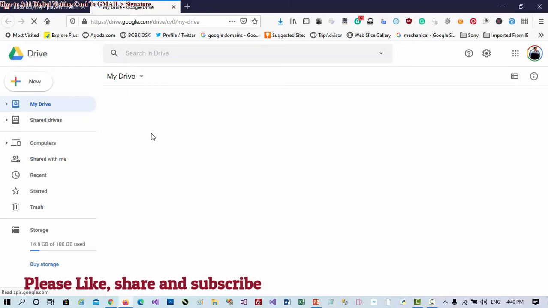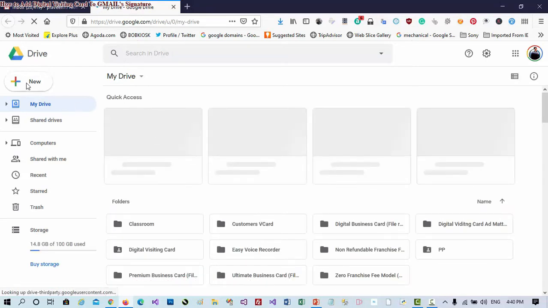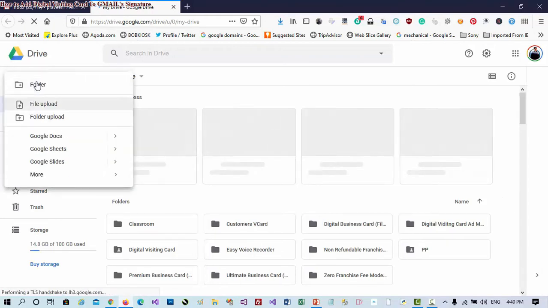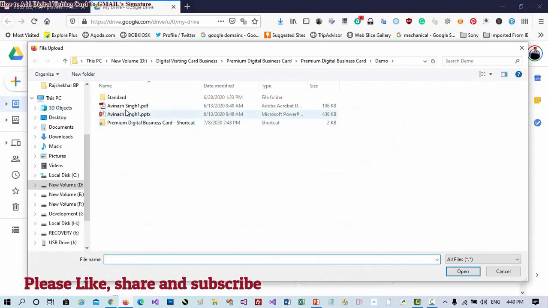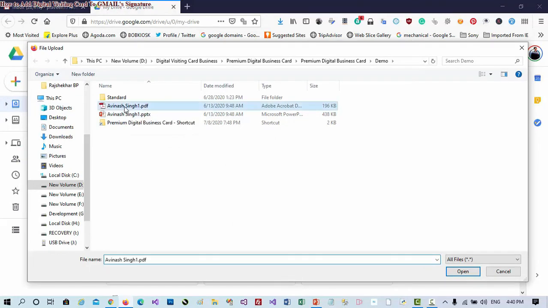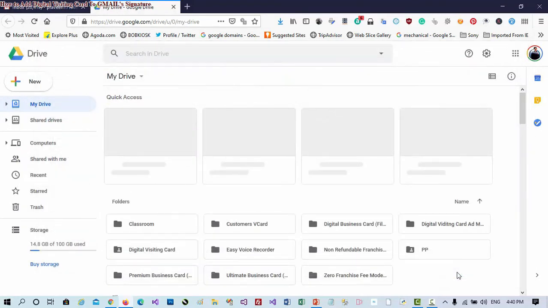To upload it, I am going to click the New button, and when we press the New button we find an option, File upload, and I click on the file upload option. This is my digital visiting card. Just select the digital visiting card and click on the Open button. In this way, I uploaded my digital visiting card.